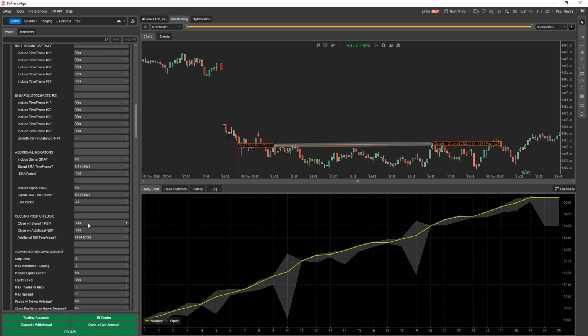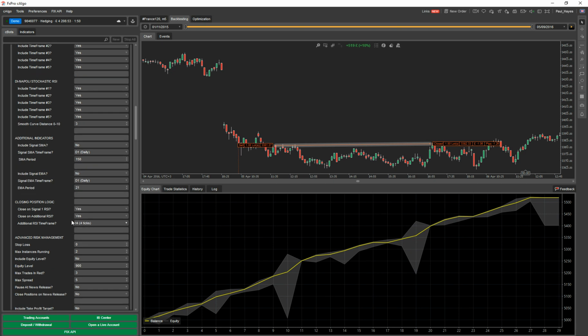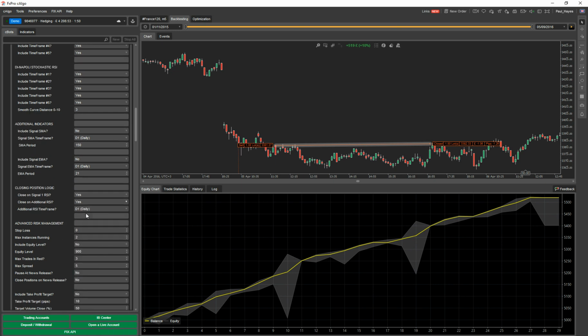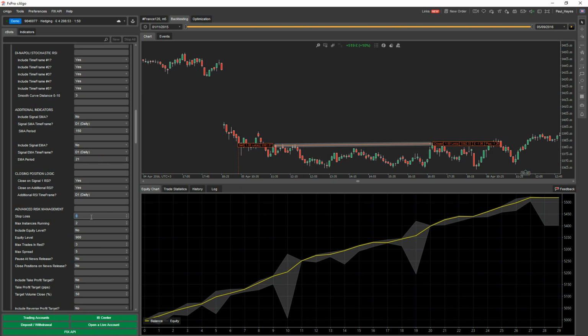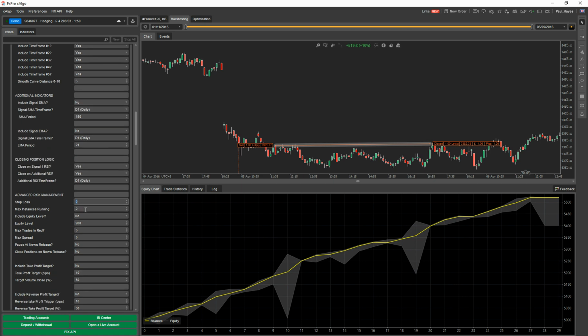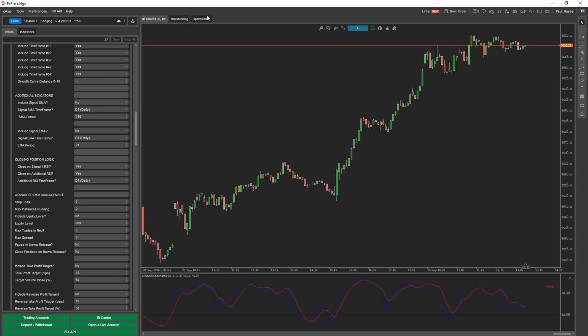So if it's oversold, it will close your selling positions because it's going to buy. It's going to change direction. And then you can add an additional RSI indicator time. You can change the time frame for closing positions. You've got two types of methods of closing positions, plus a stop loss if you want to add one in there. Max instances running. This is really because on here